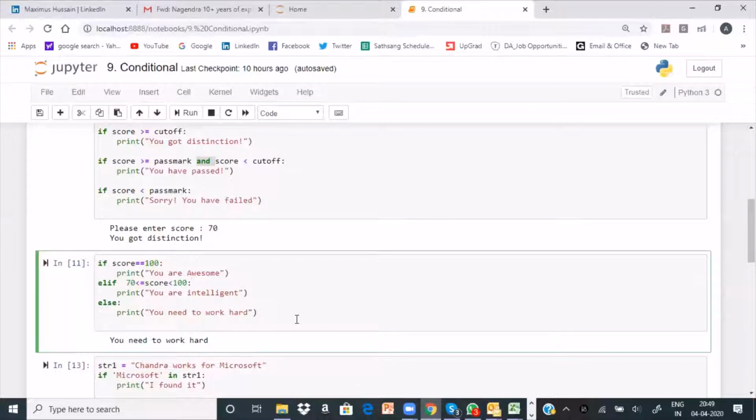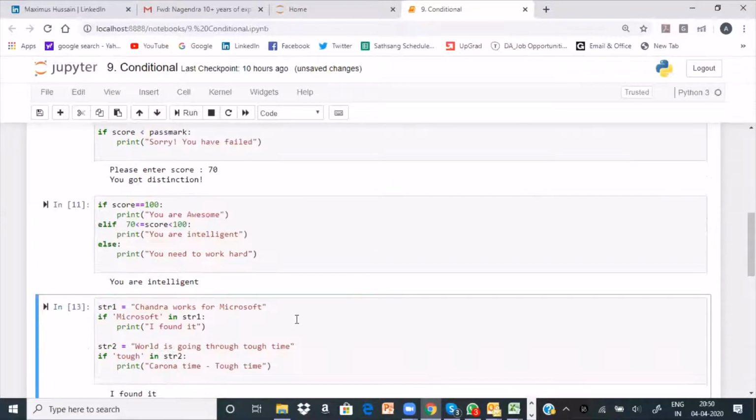Else print unit. Let me run this same story. It says you are intelligent because the score I entered is 70, and since it is less than or equal to, it is telling you you are intelligent. Shall I move on?